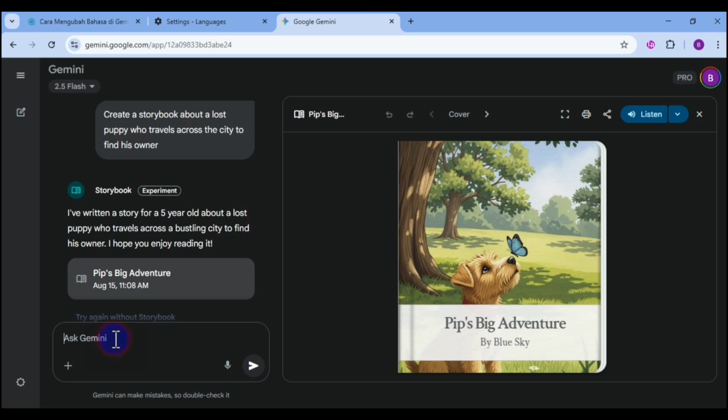Just type "create a storybook about" and then type your idea. For example, here's one I made before. I made a prompt like this: create a storybook about a lost puppy who travels across the city to find his owner, like this. And then just hit enter, and in about 90 seconds, Gemini will generate your complete book